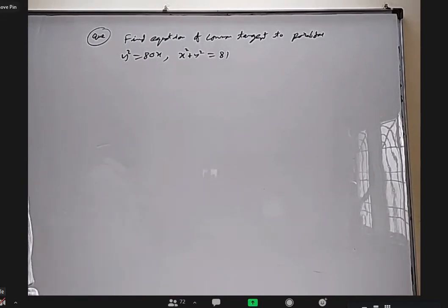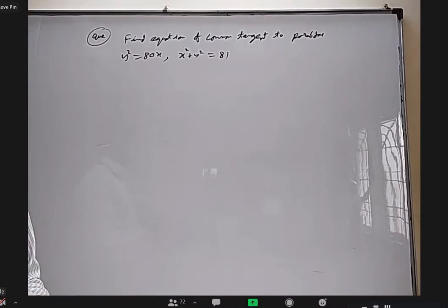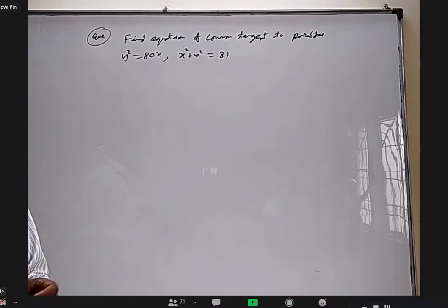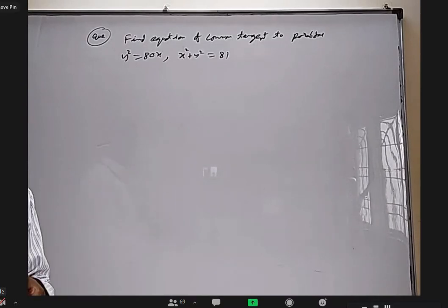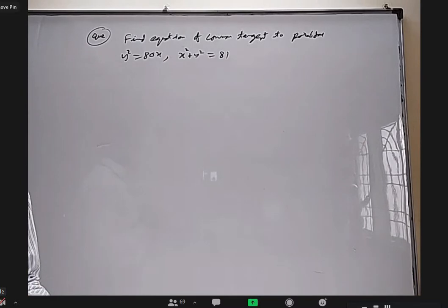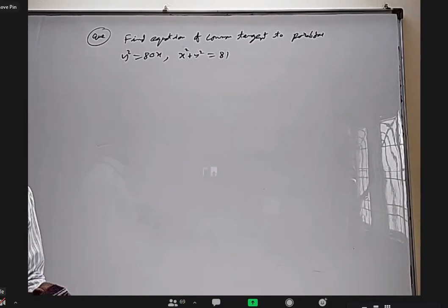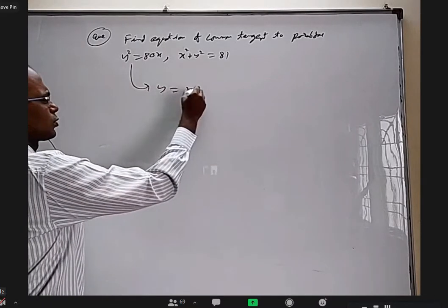The previous two questions use the formula. I wrote it also clearly. For y square equal to 4ax, what is the tangent with slope m? y equal to mx plus a by m. You have to unmute if you want to speak. So the general tangent to this is y equal to mx plus a by m.